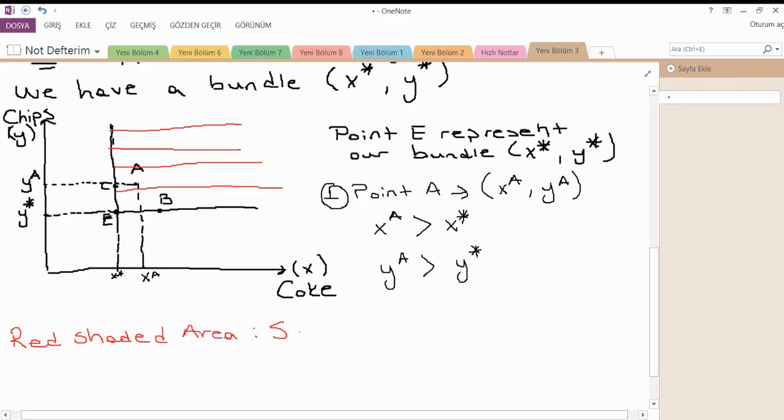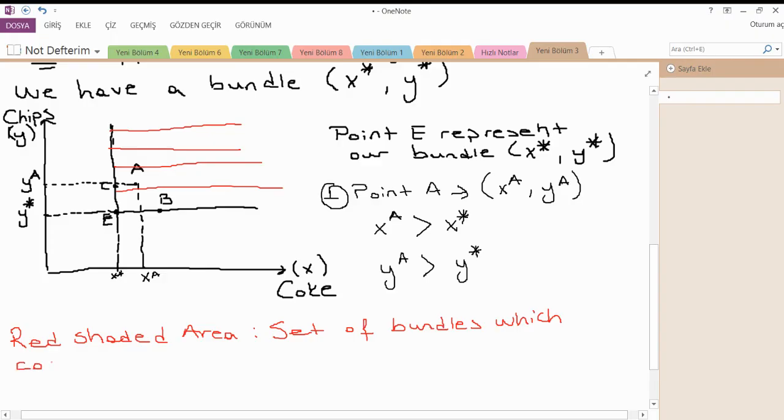It is the set of bundles. Each point in the red shaded area represents one bundle. So the red shaded area in total is the set of all points, which